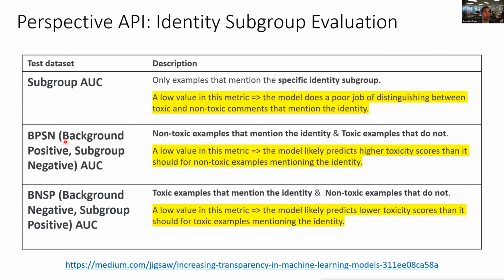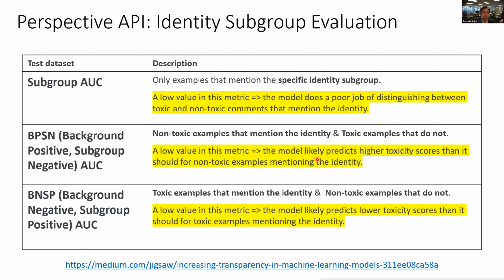For the second group, they included non-toxic examples that mention the identity and toxic examples that don't mention the identity. So they're trying to play this trick with the machine learning approach to see how well it can differentiate the two. And so for this group, a low value of this metric will likely suggest that the model predicts higher toxicity scores than it should for non-toxic examples mentioning the identity, like that Gay and Lesbian Film Festival. So if the model assigns a very high toxicity score for that statement, then it means it did poorly